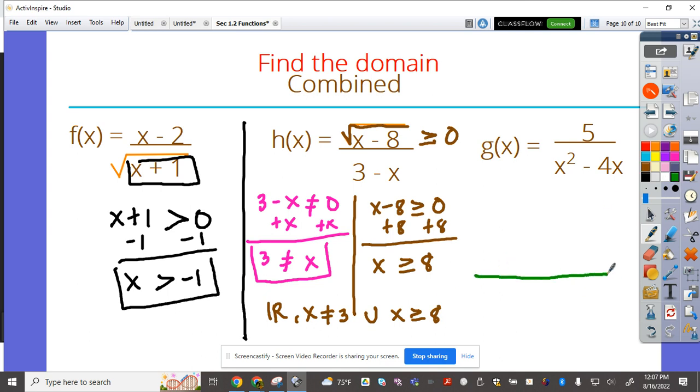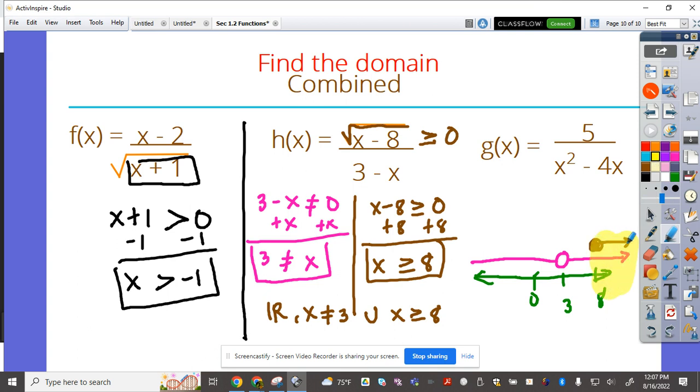Imagine in a number line, if this is my 0, that's my 3, this is my 8, all the numbers will be allowed from the left side of x, except 3. So there's an open hole here. Okay, hold on. So everything here for the pink one. While for x greater than or equal to 8, this is the 8, closed, going that side. Which one do you think that they overlap? They overlap right here on this yellow one. That means I cannot have